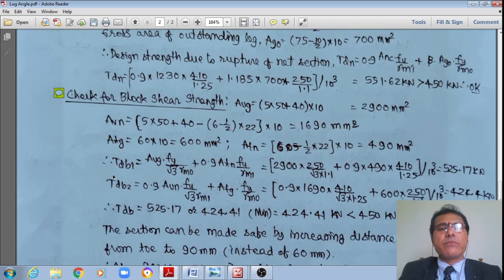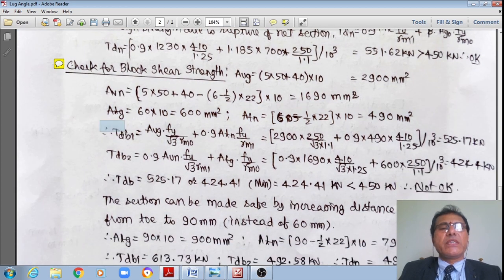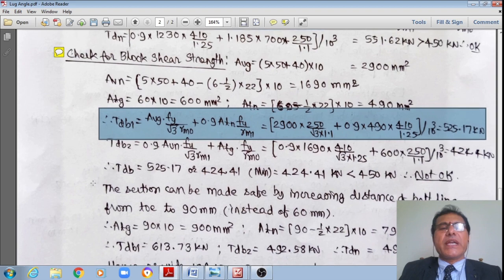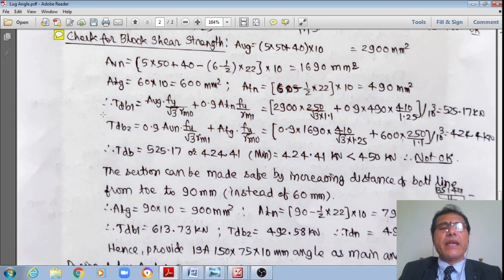Once I get this, now I'll substitute in this formula, student. Just now we have seen this formula, right? TDB1, substituting which now I'll get 2900 multiplied by 250 divided by root 3 multiplied by 1.1 in the denominator plus 0.9 multiplied by 490 multiplied by 410 divided by 1.25, that whole divided by 10 to the power 3. Now I'll get 525.17 kilonewton under first criteria, whereas even there is a second criteria, right, given by this